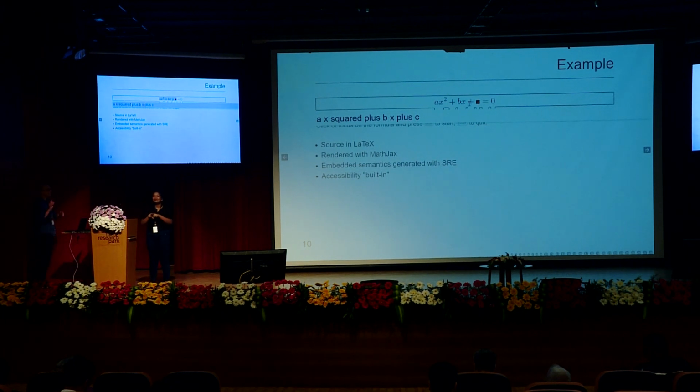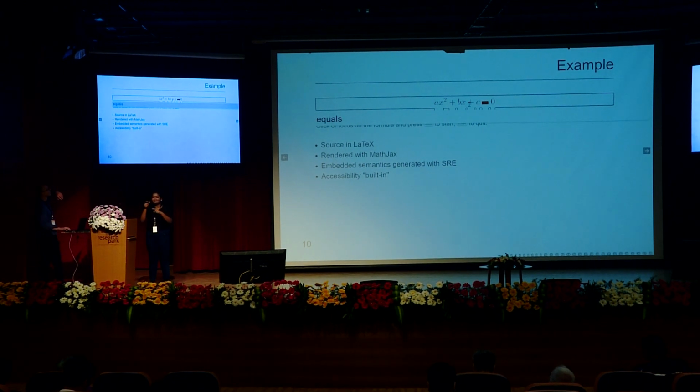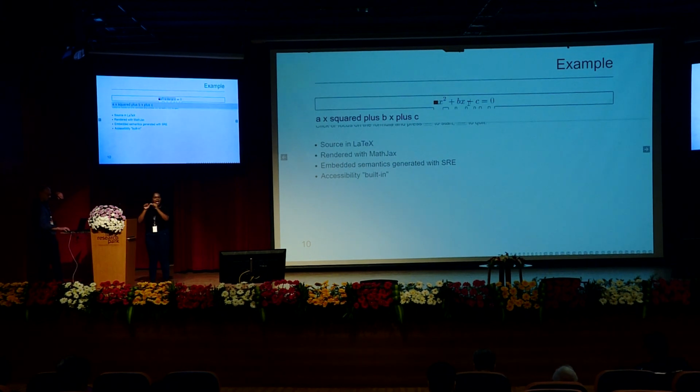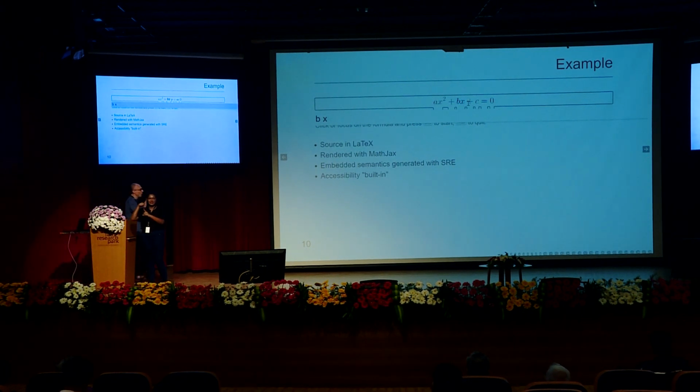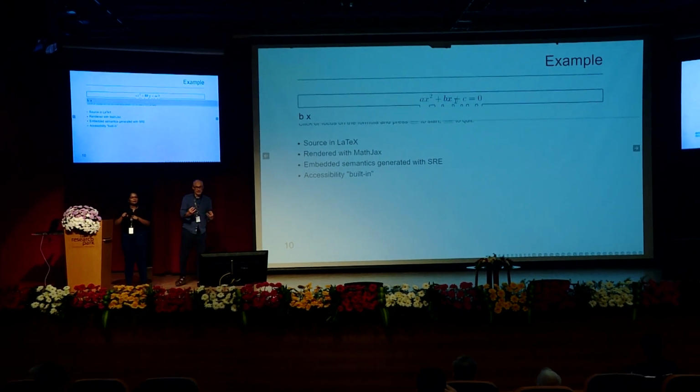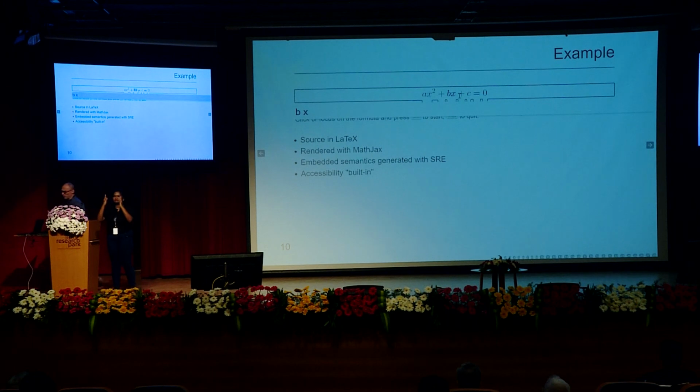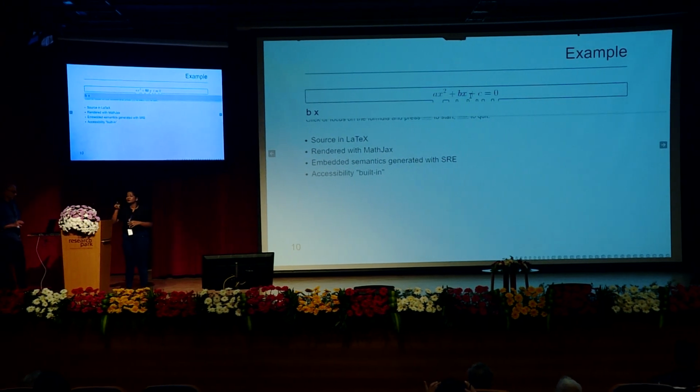It's usually a bit fast on my machine, but I don't know why this Chrome is particularly slow. Anyway, then you can walk through the equation. Equals 0. Right? Equals a x squared. You can also dive into the equation. A x squared. And now I'm in the summand, and I go to the plus and I go to the next summand, b x, and so on, right? And all this is predicated on the fact that we now have effectively a valid semantic interpretation of the formula.